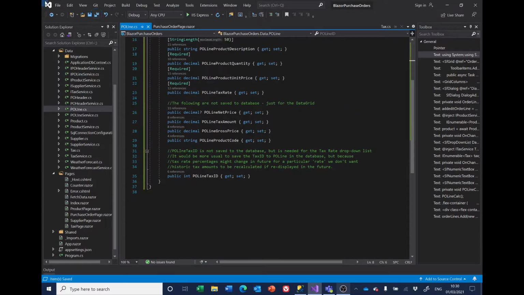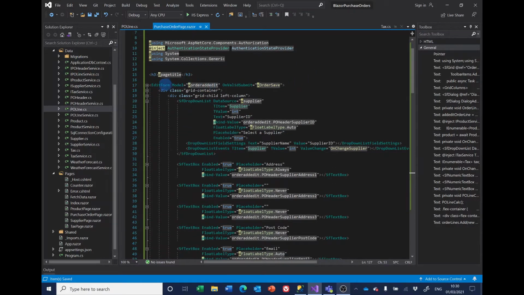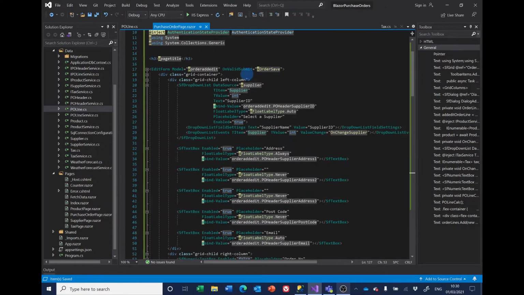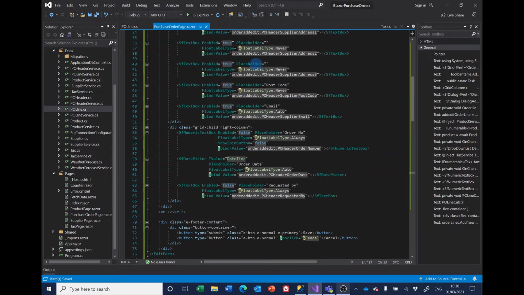And if we now look at the purchase order page itself, this is the code we've got at the moment. So it consists of an edit model, and at the top here, we've got the drop-down list, etc., for the supplier address and other bits of information like who ordered it, order number, date, and so on. What we now want to add is a Syncfusion grid to hold the